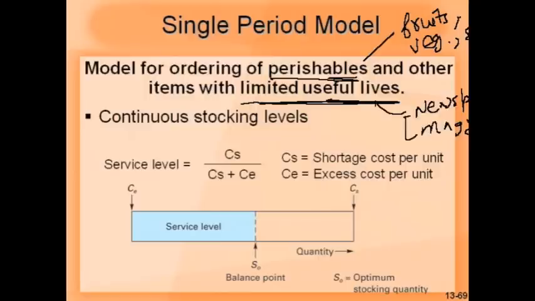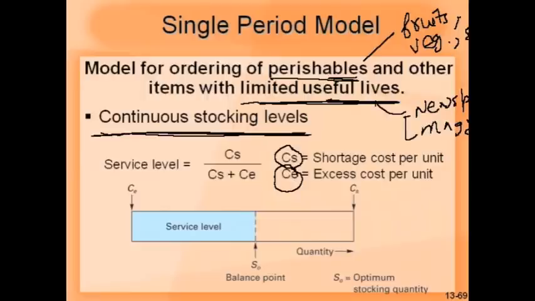Now, if we start with the first one, which is the continuous stocking level situation, then the service level is calculated as CS by CS plus CE, where CS stands for shortage cost per unit. If we have fewer newspapers to give, but the demand is more, obviously there will be some shortage and service level will suffer. And excess cost is when we are carrying, let's say, more newspapers than the demand,